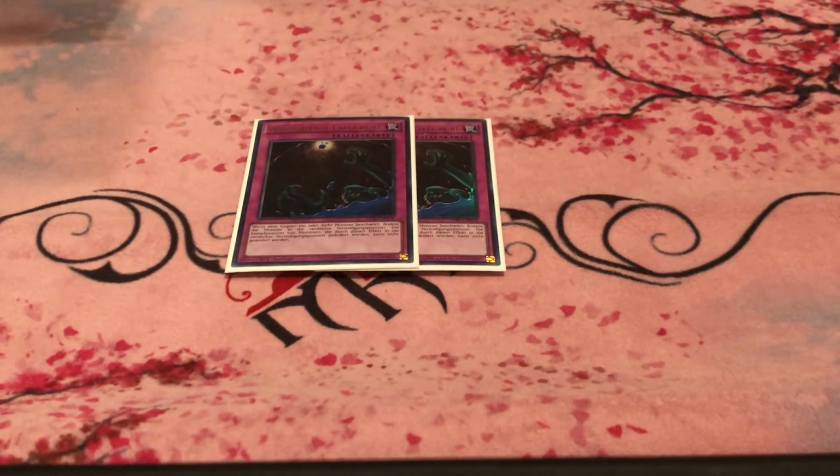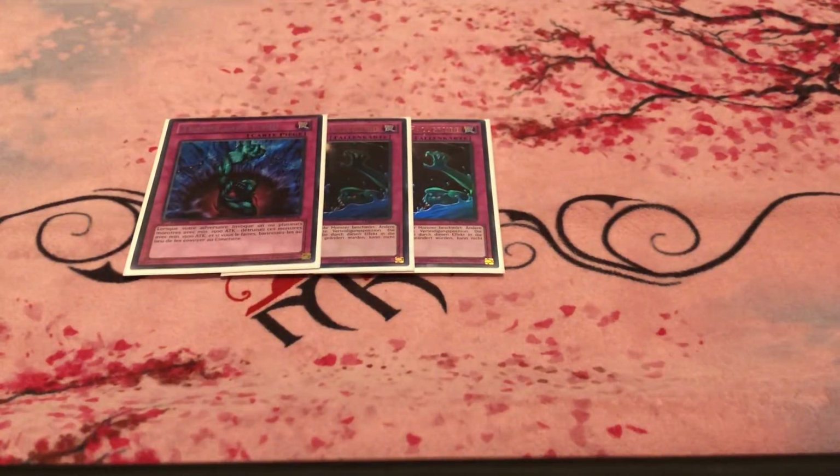2 Floodgate Trap Hole and 1 regular Trap Hole. Or Bottomless Trap Hole, not regular Trap Hole, that'd be crazy. 1 Bottomless Trap Hole. These were because I actually played Trap Trick Rafflesia in my extra deck, and